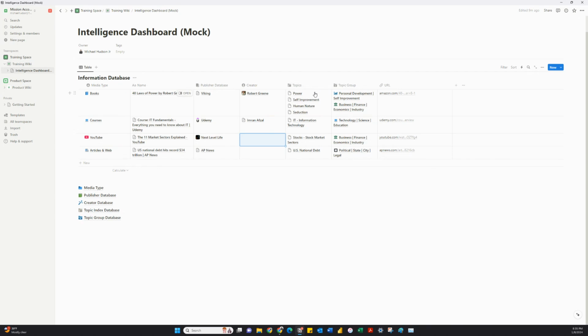You want to build a database for these types of items and not necessarily rely on comma separated values, which is like the select property within Notion. I think it's more helpful to use the database functionality because you can really add some stuff to the pages contained within your topic database and do a whole bunch of creative and educational things with that. I'll show you later